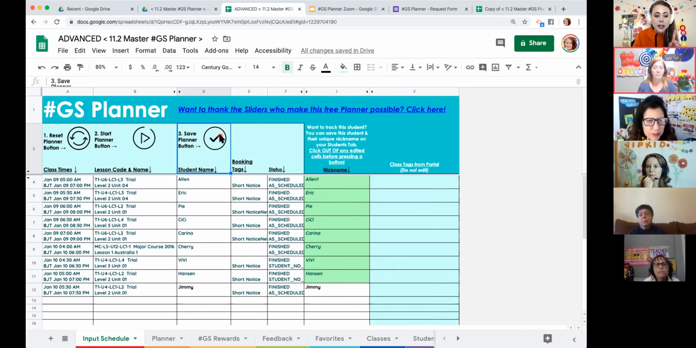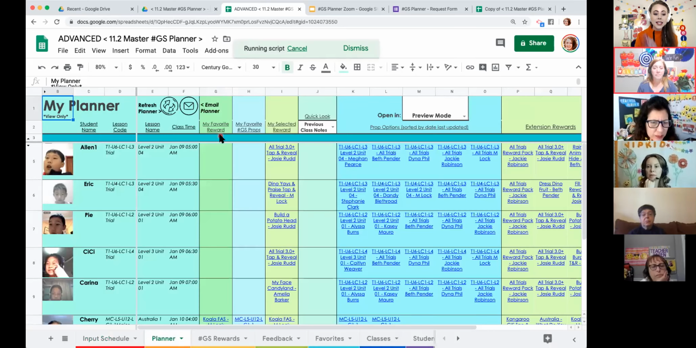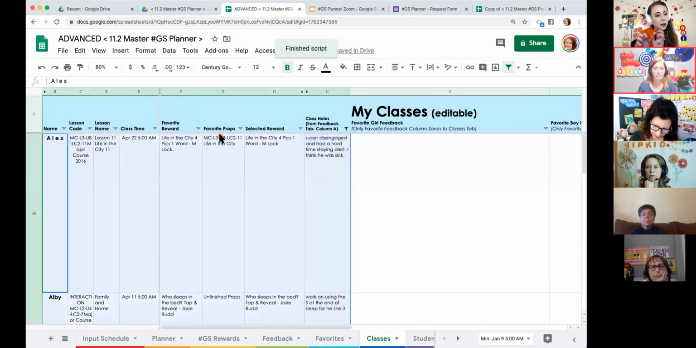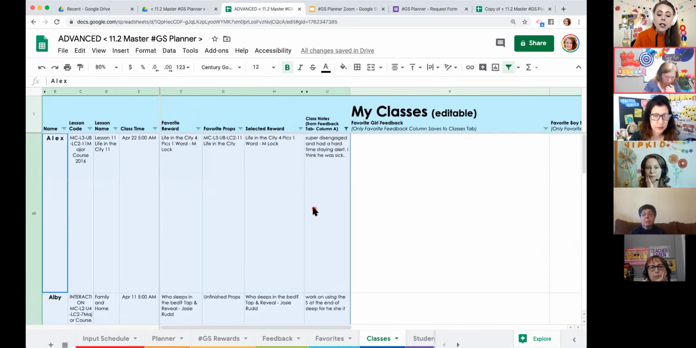But first I'm going to click Save Planner. When I click Save Planner, notice it's going straight to my Planner tab. It's taking what's on my Planner tab and pasting it onto my Classes tab. So this is where it landed me, my Classes tab. Okay. So on my Classes tab, I can see that I've got